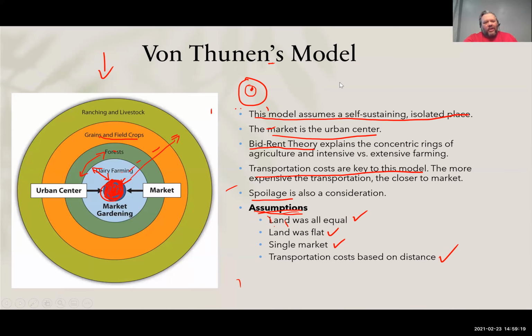And so grain and field crops don't spoil as much. You need more land for them. And the transportation costs, it's not as hard to transport grain and field crops as it is compared to forest. And then ranching and livestock, you need lots of land. So remember, using this idea of bid rent theory,